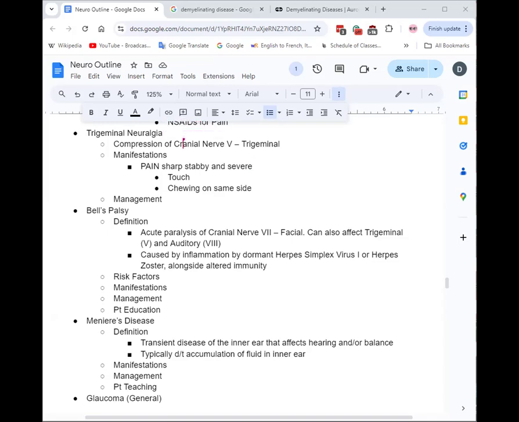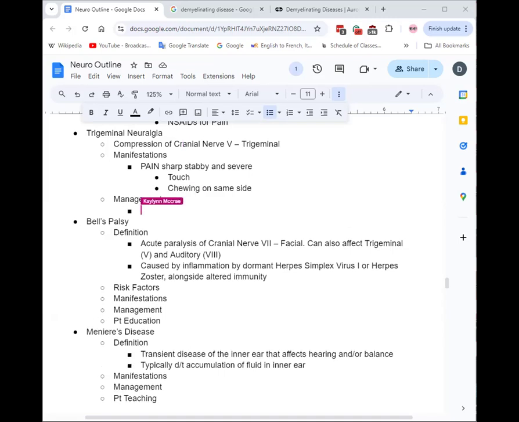So things like a tumor on the nerve or MS or just compression, however it occurs, will end up causing that. So they'll say like, oh, I had this thing happen and then this pain happened. So it's mainly going off of history, but you still want to do a CT and MRI to rule it out. In terms of your management, how are you going to manage it?